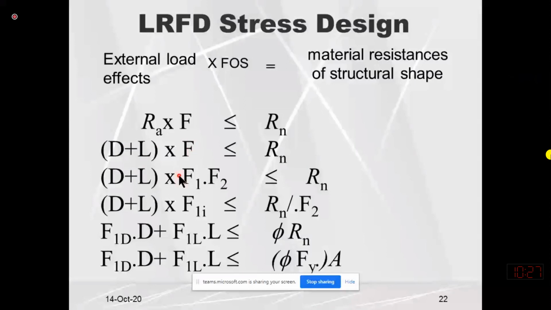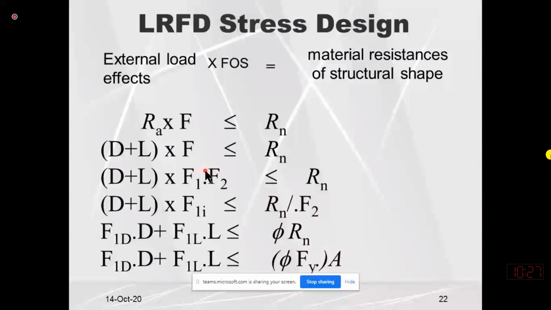One part may be F1, other part may be F2. You can give them any name. So it means that, for example, if F is 12, we can write F as 4 multiplied by 3. Answer will be the same. So one factor of safety is called major factor of safety, whose value is more. And F2 might be the minor factor of safety, and its value will be lesser than F1. But both F1, F2 might have a value more than 1, because factor of safety is always more than 1.